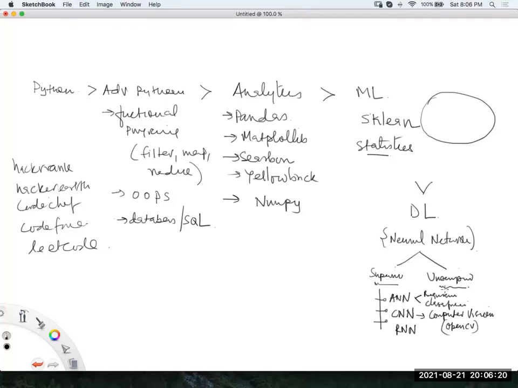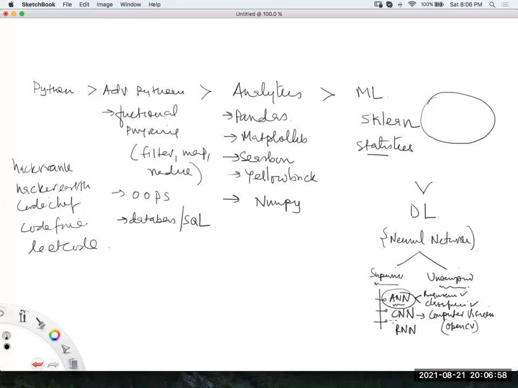Guys, do you remember? I told you that in machine learning you have linear regression, polynomial regression, decision tree, random forest. All these algorithms are there to perform regression. But in deep learning, using ANN only you can perform regression, and using ANN you can perform classification as well. So guys, that is the difference, right? There you had a big list of algorithms to perform regression and to perform classification, but in a neural network, ANN can be configured to perform both regression and classification.